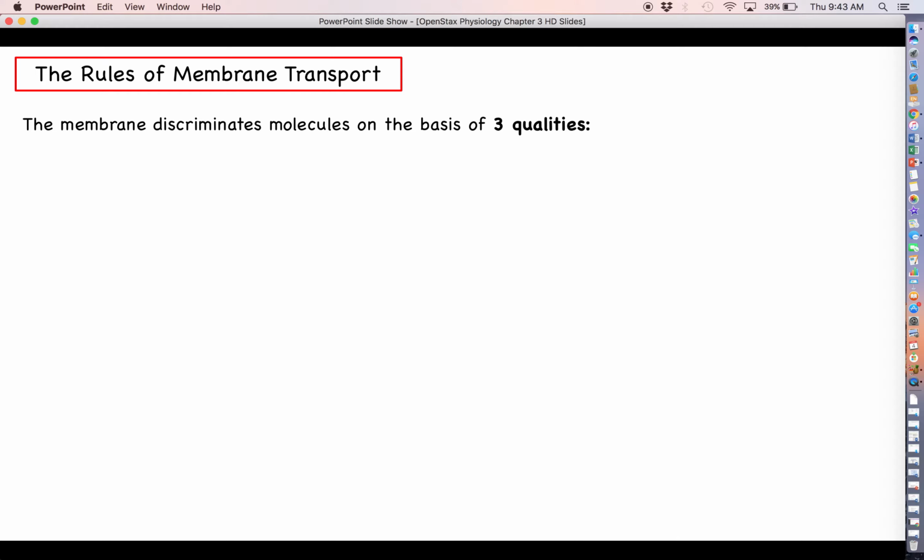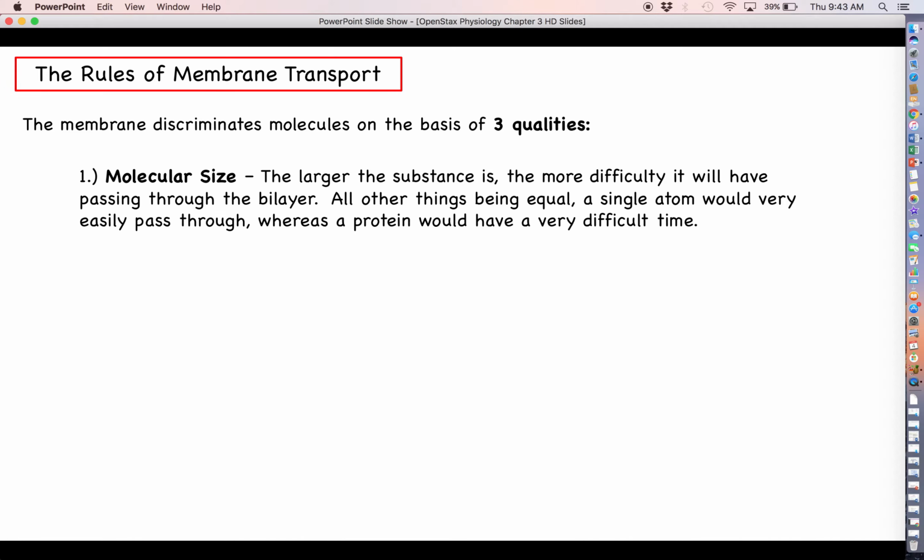So there are three qualities that the membrane will consider in determining whether it's going to let something pass directly through or not. The first one is probably pretty obvious. We're talking about the size of the particle or molecule. This one should be pretty intuitive. The idea here is that the larger the molecule is, the more difficulty it's going to have passing through the bilayer. On the other hand, the smaller a molecule or atom is, the easier of a time it's going to